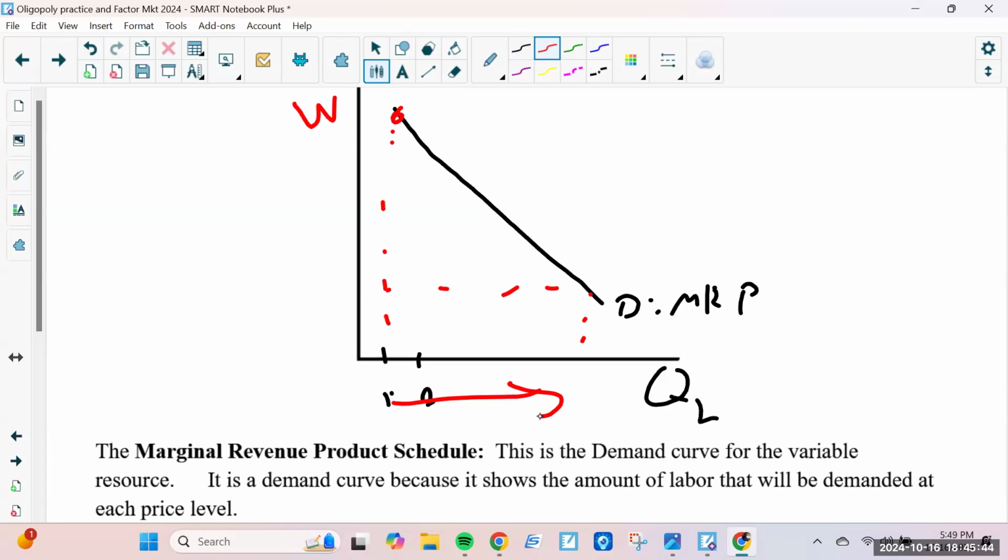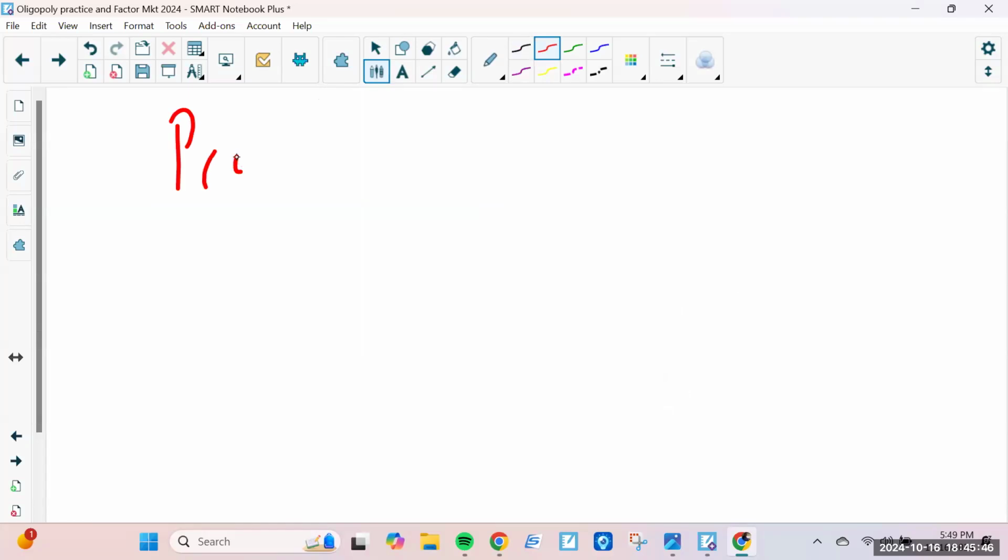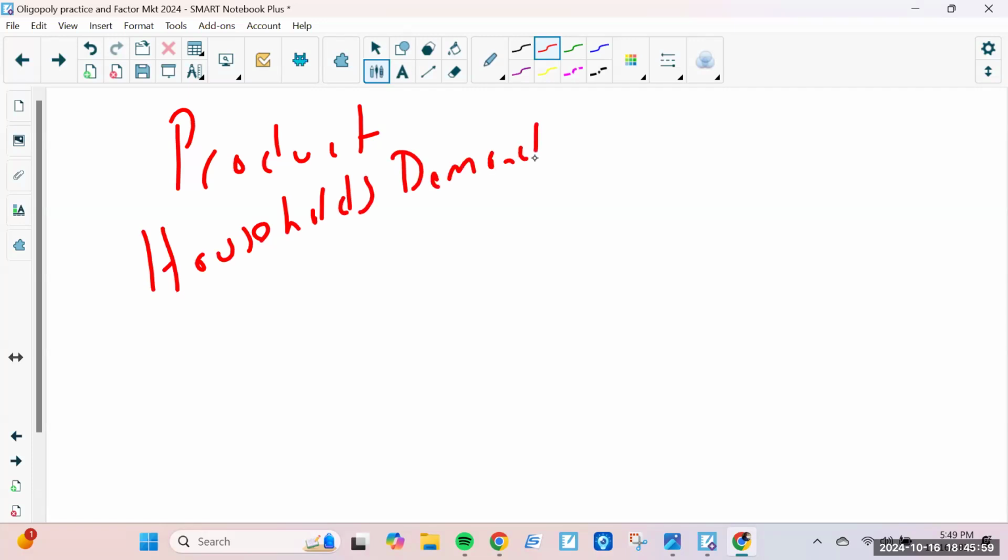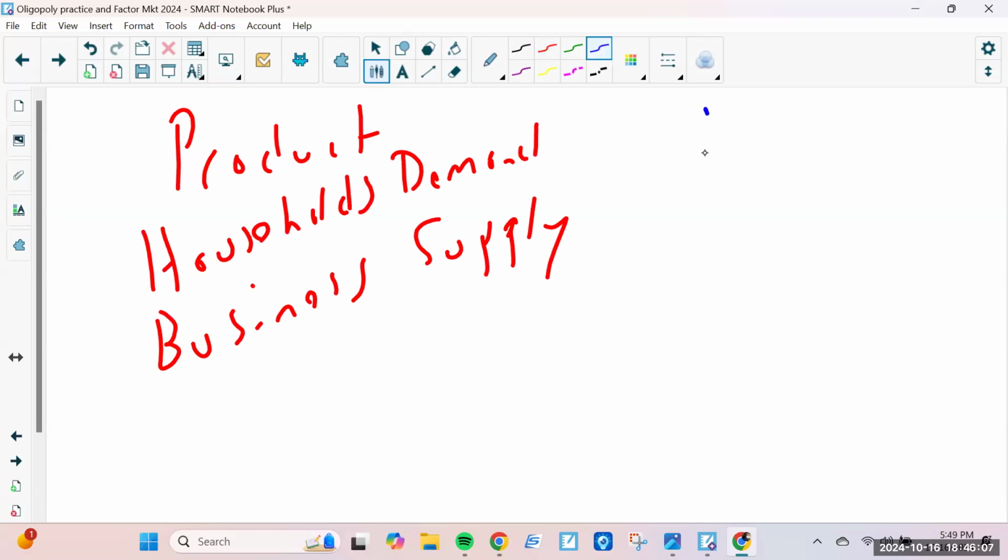In the product market, when I go to the store, the households demand and the businesses supply or sell, right? In the factor market,